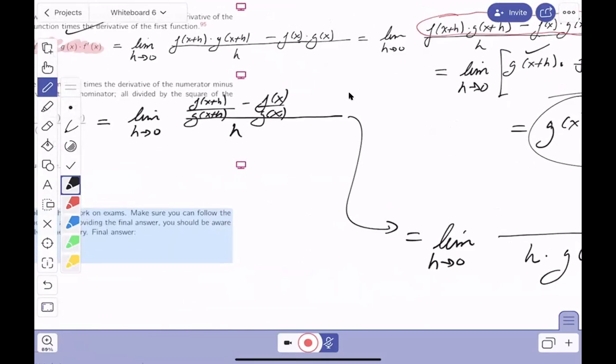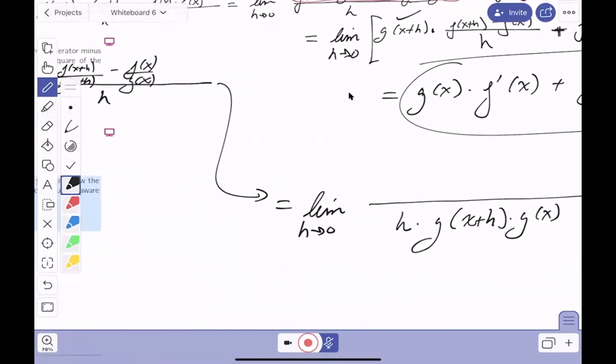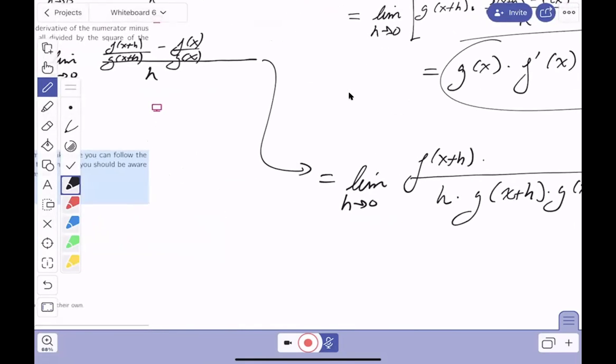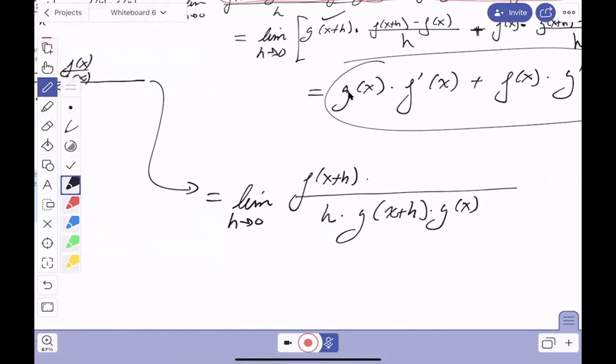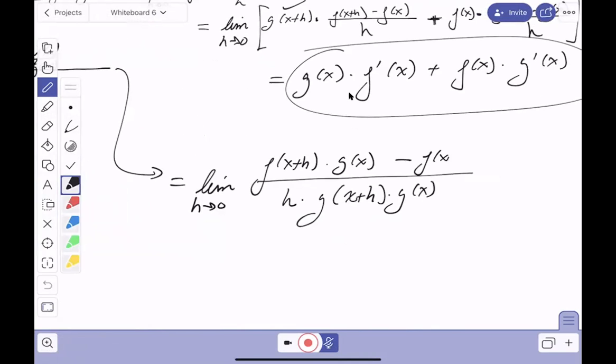Again, we're multiplying the top by g of x plus h times g of x. So what do you get? f of x plus h times, again, I'm multiplying both sides by g of x plus h, g of x. So g of x minus, what's next going to be? f of x